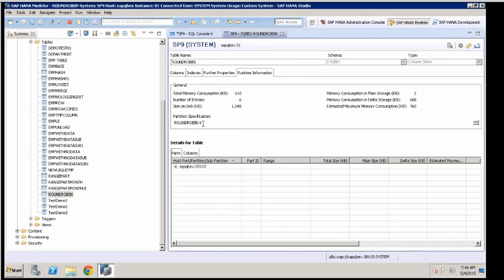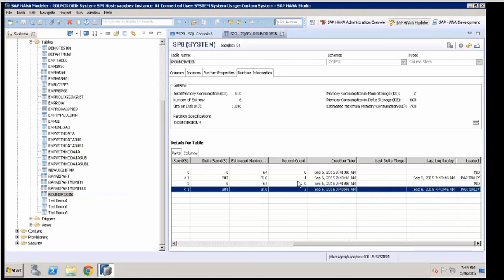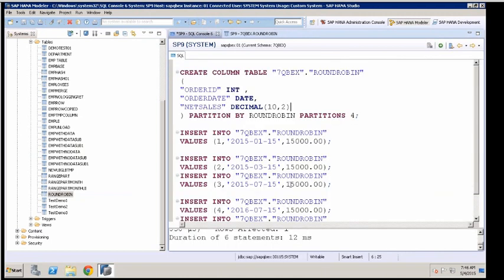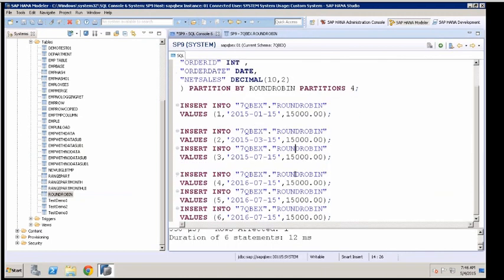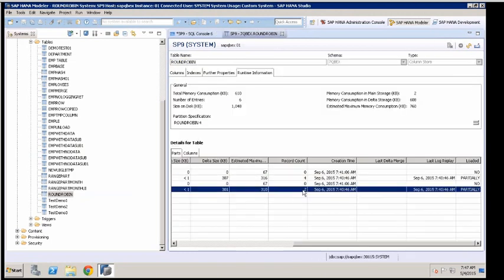I said round robin, expand this, and partition number 4, if you go to the right, how many did I insert? 6 records. So 4 records went into partition number 2 and 2 records into another. But I cannot control this. There should be some program on top which will say, okay, first when you're inserting, please insert into partition number 4. Then when you do a process like compression, the data from the fourth partition has to go to the first, second or third partition.